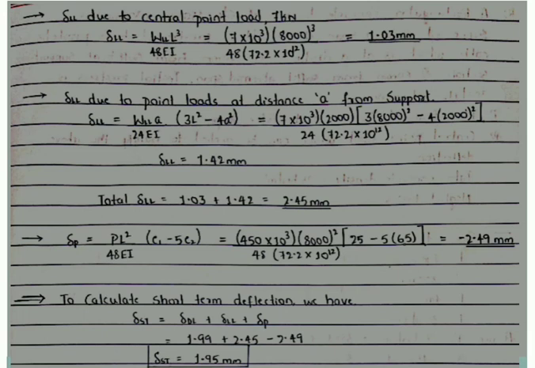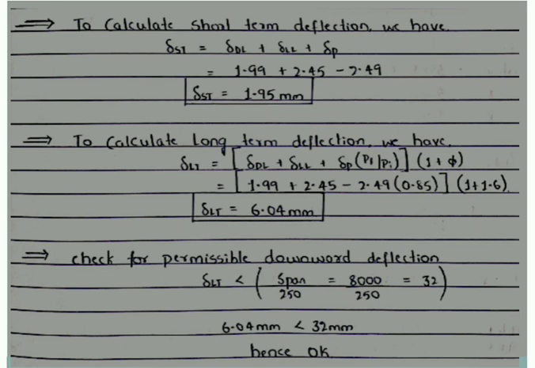Now again the same step, that is the long term deflection, needs to be repeated. Only the thing is that here we have 3 point loads, so I have taken this example. So to calculate the long term deflection, delta LL is equal to the deflection due to the loads, that is dead load and live load, plus delta P into bracket loss ratio multiplied by 1 plus phi. All values we have, nothing to worry, just substitute the values properly and we get a deflection of 6.04 mm,